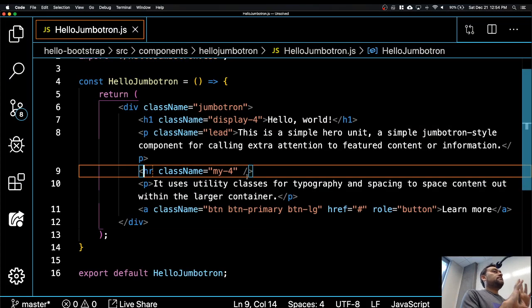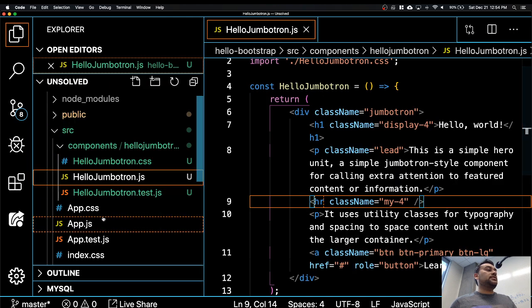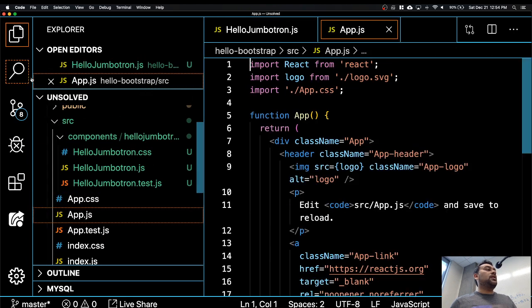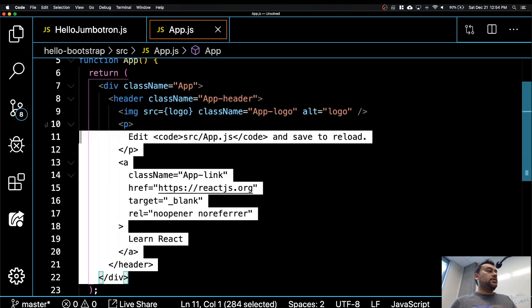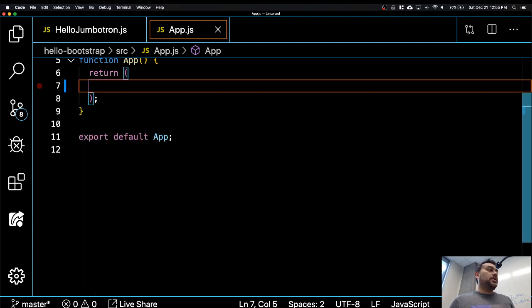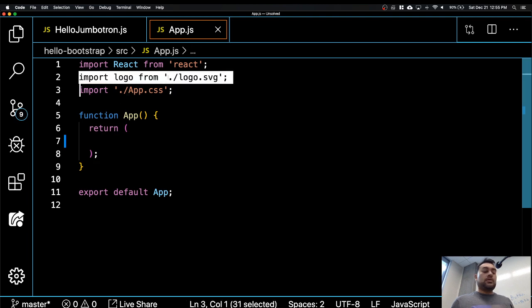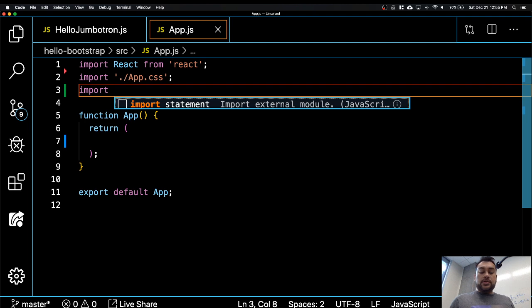Okay. Any questions? Again, this is JSX, the custom React language. That's why you have to do this. Okay. Now, this is complete. There shouldn't be any more change. We'll go to our app component because that's our parent component. We are going to include our Jumbotron over here. I don't need all of this for now. So we will go ahead and import our component, import